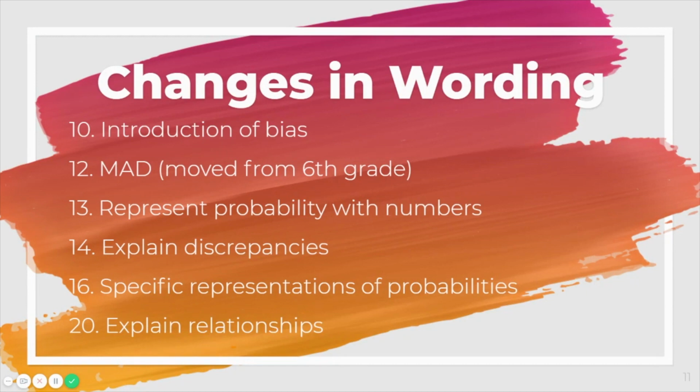And then again, as we said before, students are having to do a lot of explanation and application. Standard 20 asks them to explain their relationships. So in the 22 standards in regular math and the 44 standards in Accelerated Math 7, these are the major changes that we hope that you will implement in